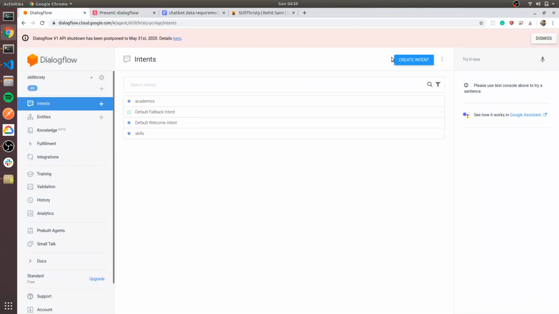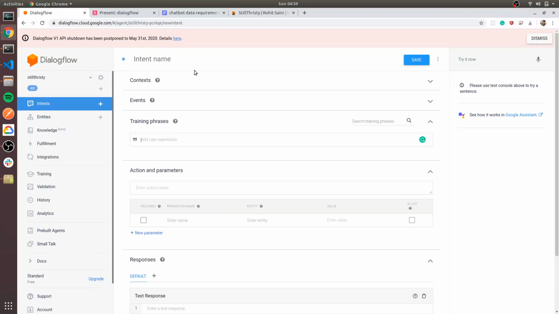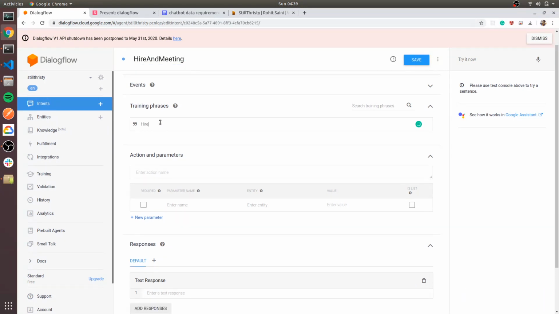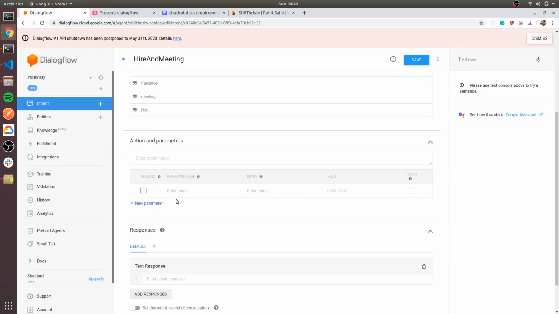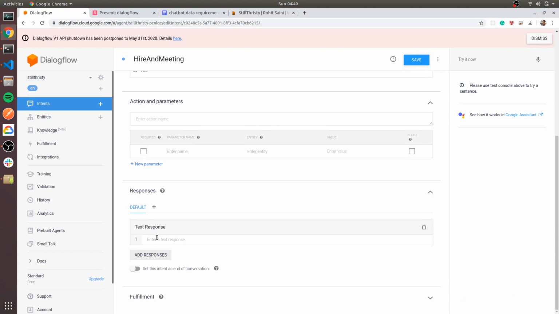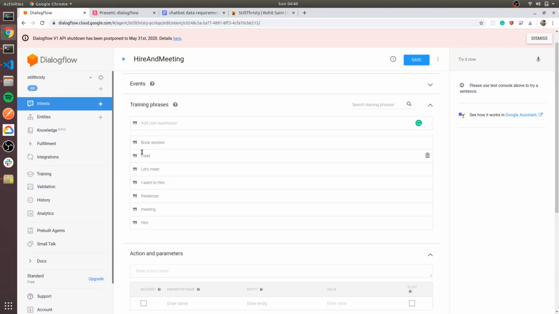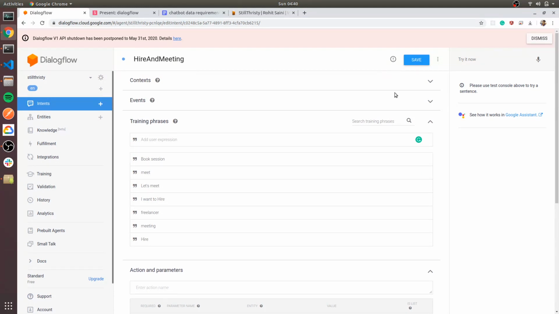So let's start by creating an intent. It will be a hire and meeting intent. If the user says this, we will ask for the username, and when we ask for the username it is in the context of awaiting name.